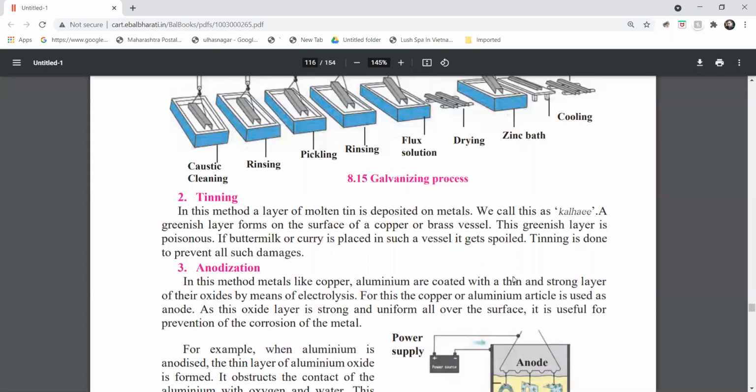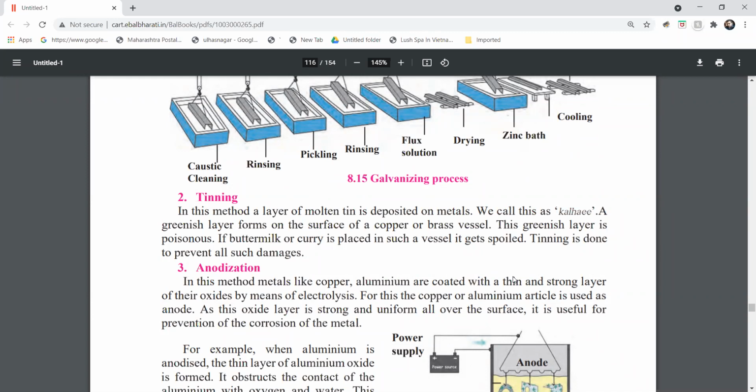You can ask your mother, does she ever store food in copper or in aluminium utensils? She will always say no. Even if she uses it to cook, as soon as the food is cooked, she will store it in a steel utensil, or in the older times they used to store it in mud utensils, because even mud was better than copper.